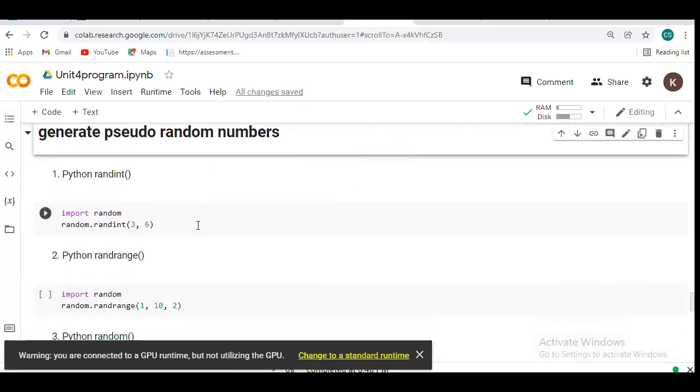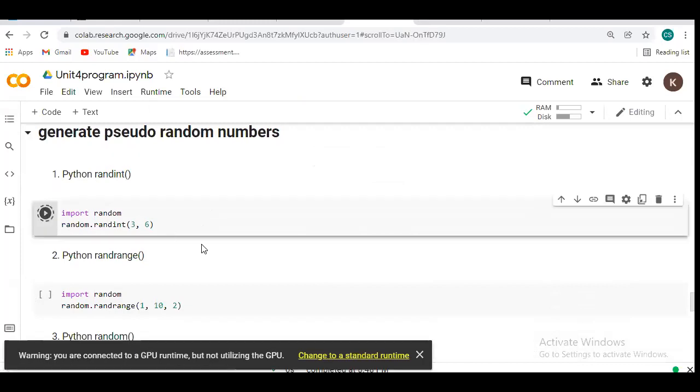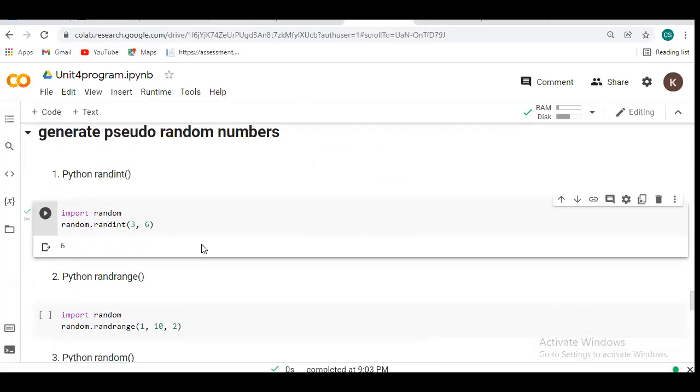Here you have to see, I am taking the rand integer method first. First we need to import random. If you are working with an IDLE platform, first you have to open the command prompt, set the path, and simply run pip install random. After that we perform all the operations. The first operation is random dot rand integer, which finds a number.